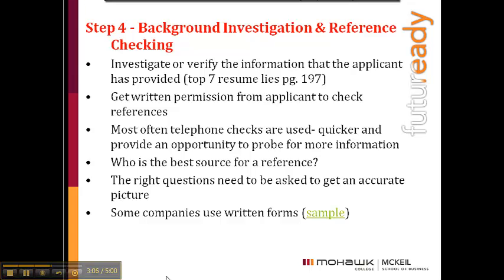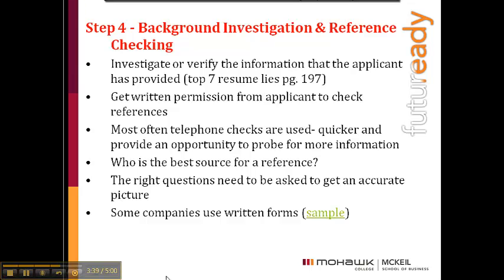Who's the best source for a reference? That's a good question, because a lot of times, it can depend. But usually the best source is a previous employer, somebody who's actually supervised your work, all right? So they know a little bit more about how you've worked. Sometimes it could be a peer, but most of the time we find that they want to talk to somebody who's actually supervised your work. The right questions do have to be asked in order to get an accurate picture of the person that you're